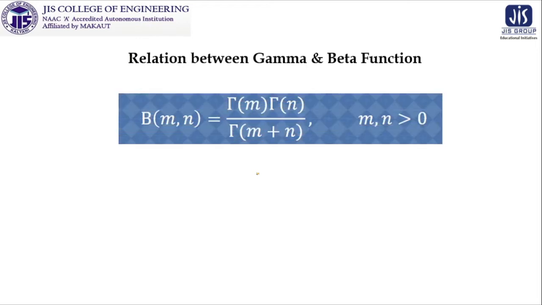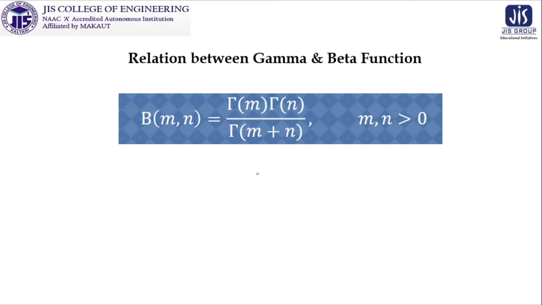Now this is the most important part of beta function and gamma function. As this beta function class is discussed after the discussion of gamma function, it is possible for us to place this particular relationship in this class, because gamma function and its properties and applications are already known to us. So we can place this relationship, and it is very interesting that beta(m, n) can be represented as gamma(m) into gamma(n) by gamma(m plus n).